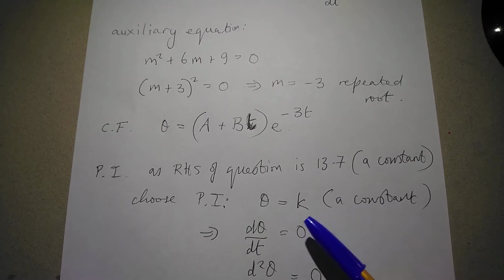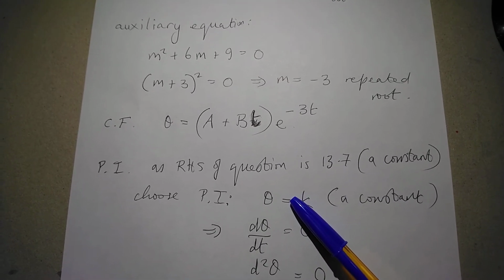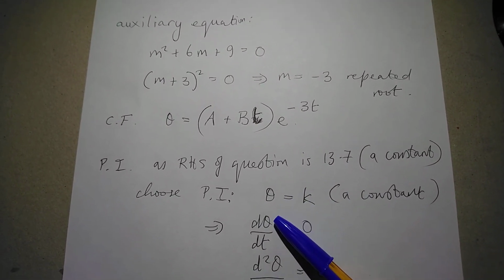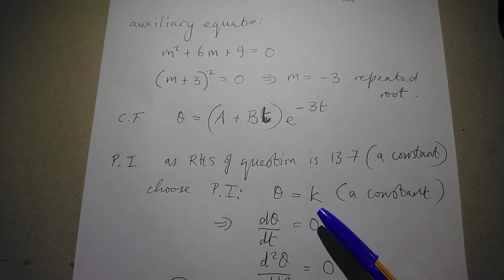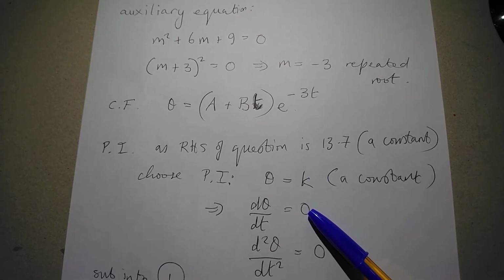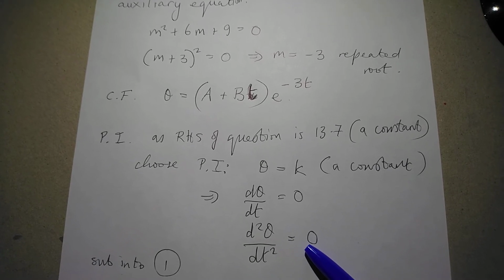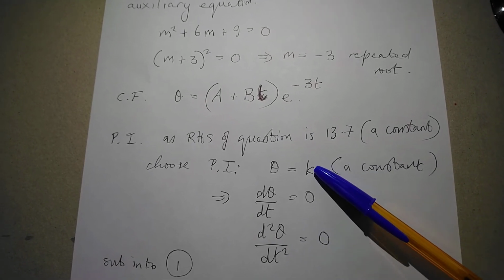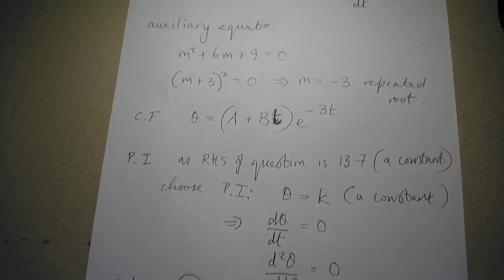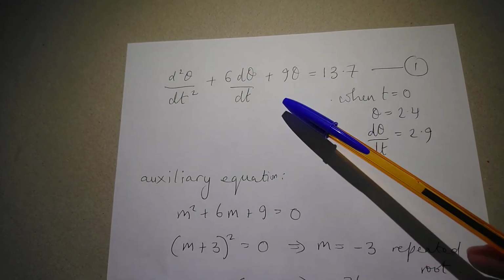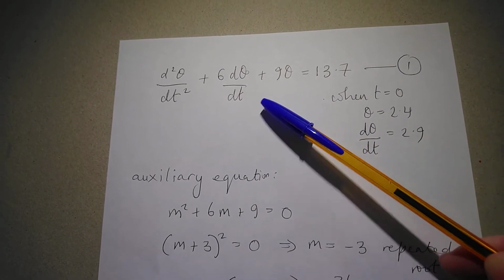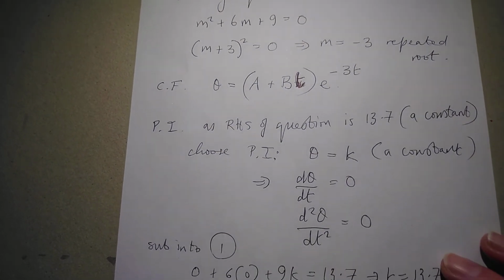And now what we do is we differentiate this thing twice. So this tells us that d theta by dt, if we differentiate a constant, is equal to 0. And if we differentiate again, then the second differential is also going to be equal to 0. So we take these three things and we substitute those back into the original equation. And if we do that, we end up with